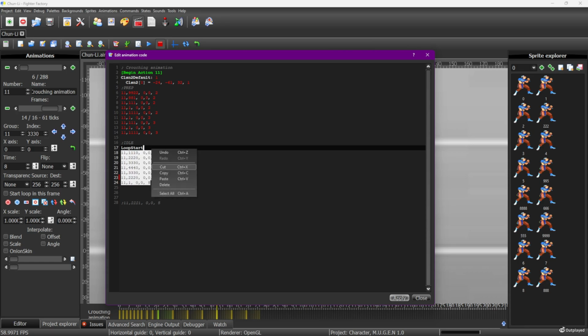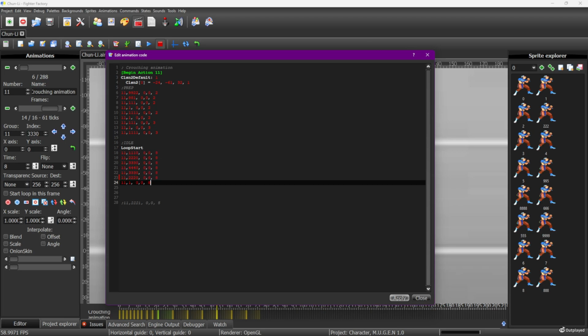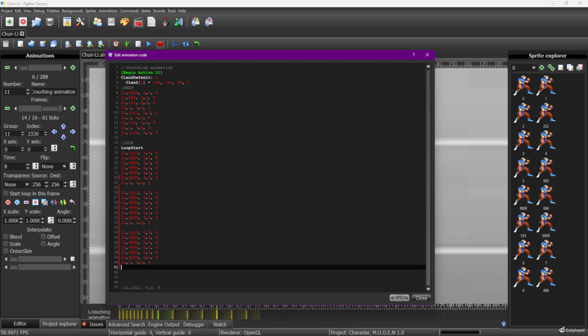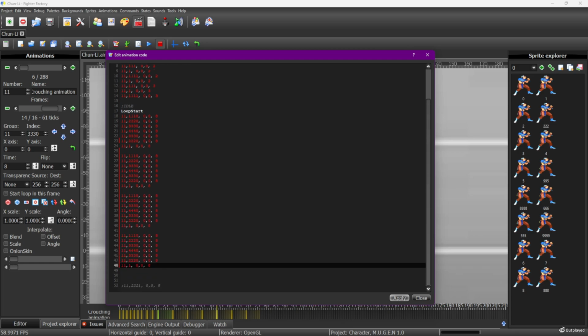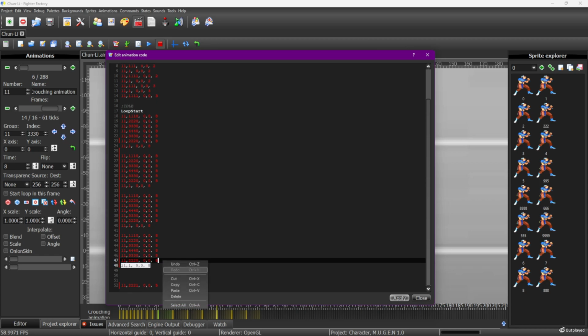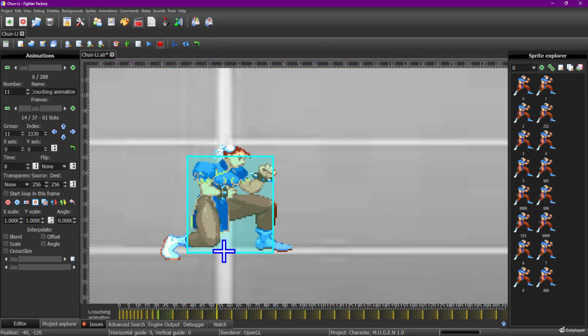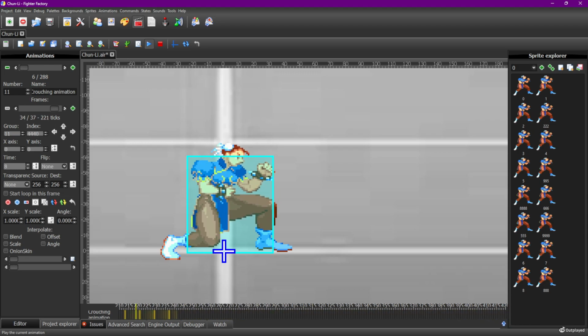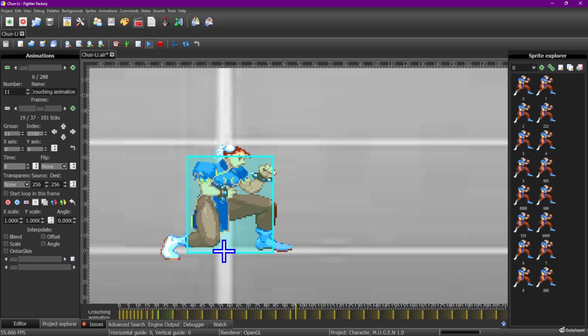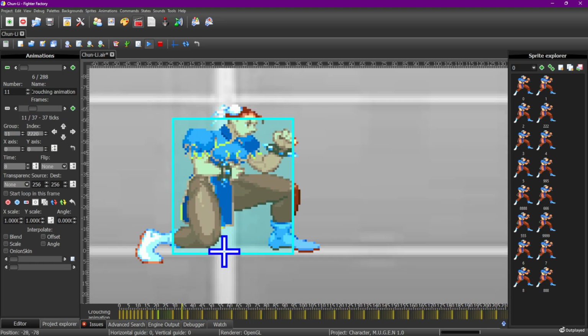All right, I'm gonna take these, just make a couple of duplicates because I'm about to add in the blink animation. The blink animation is going to be in lieu of the default frame, which should be 1. So I'm gonna delete 1. That should be it. Should have a blink now. Pay attention to her eyes there. 2, 3. Yep, there's the blink. Awesome. There we go. Chun-Li is no longer static. As you can see there, she's got a fully animated crouch now. It looks amazing. This is just beautiful, man.